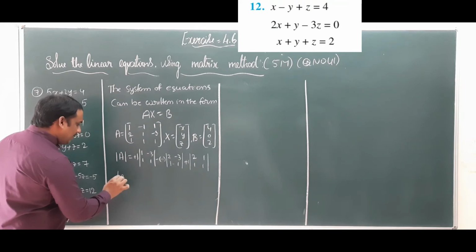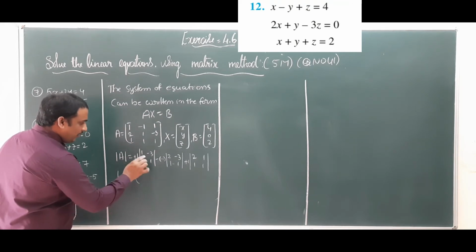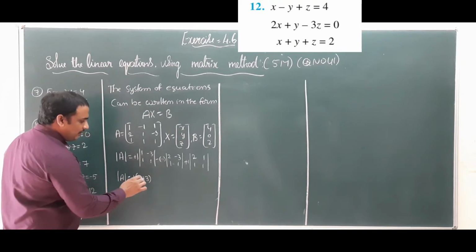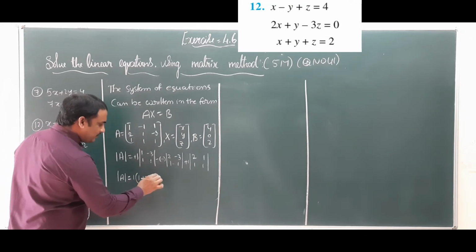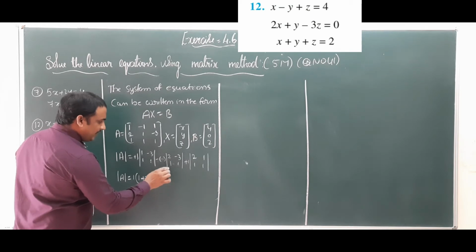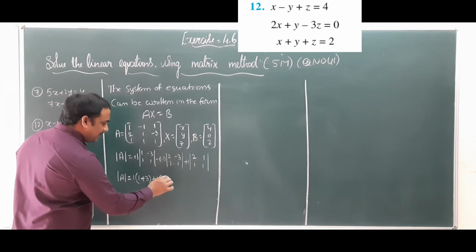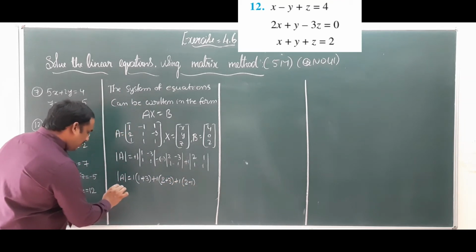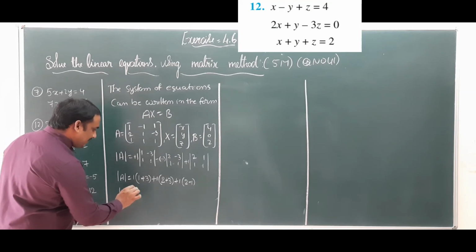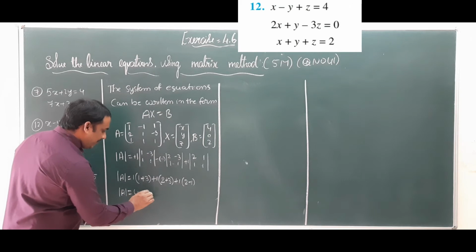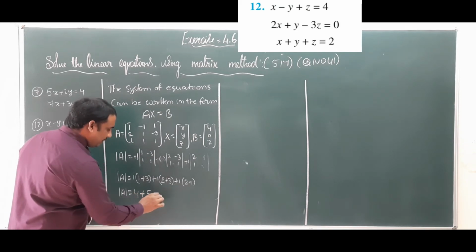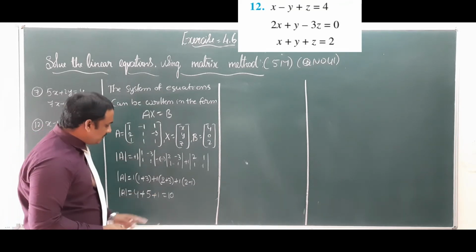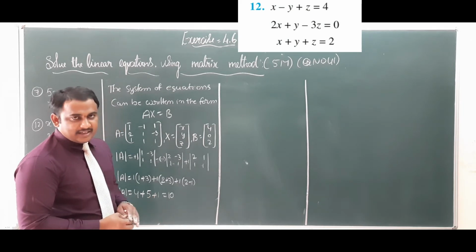Now det A equal to 1 into (1 minus 1 into minus 3). Minus into minus is plus, so 1 plus 3. Then minus into minus plus 1 into (2 minus 1 into minus 3), here I am writing plus 3. Plus 1 into (2 into 1 minus 2... 2 minus 1). Now det A equal to 1 plus 3 is 4, plus 2 plus 3 is 5, plus 2 minus 1 is 1, 5 plus 4 is 9, 9 plus 1 is 10. Det A value equal to 10. A is a non-singular matrix.